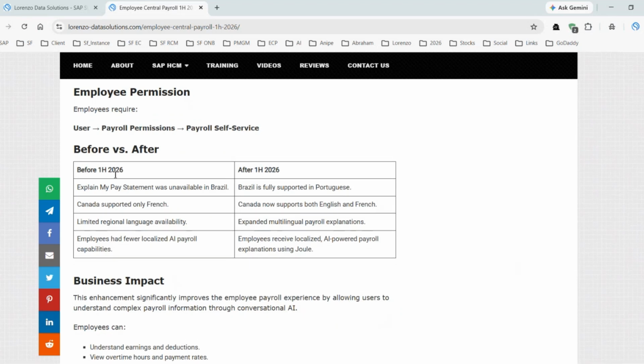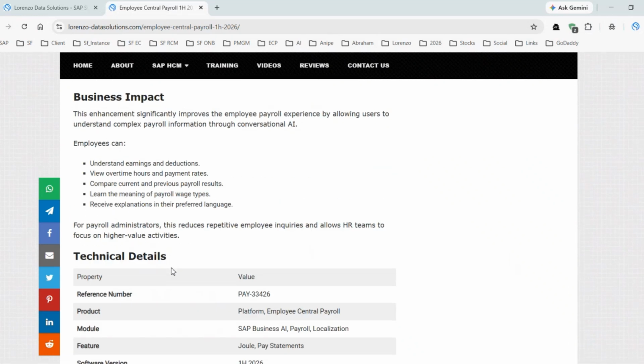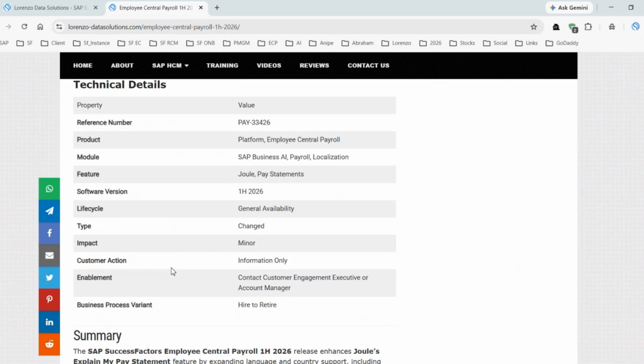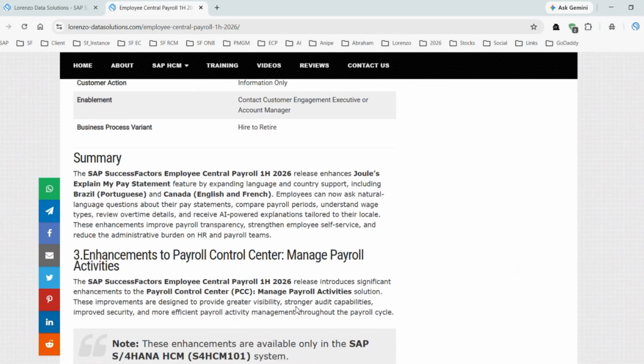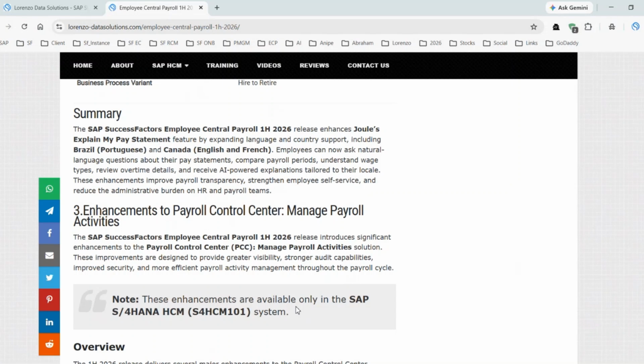And also before 1H and after 1H, I also added the table. Hopefully this will help you to understand in a more simplified manner about this particular feature I have posted here. And also the technical details, you can go through it. And it's only for customer information, and you can see the availability. And so you can see all the information, but this is based on the license taken by the client. And then we have another one that I have updated, that is about the enhancements related